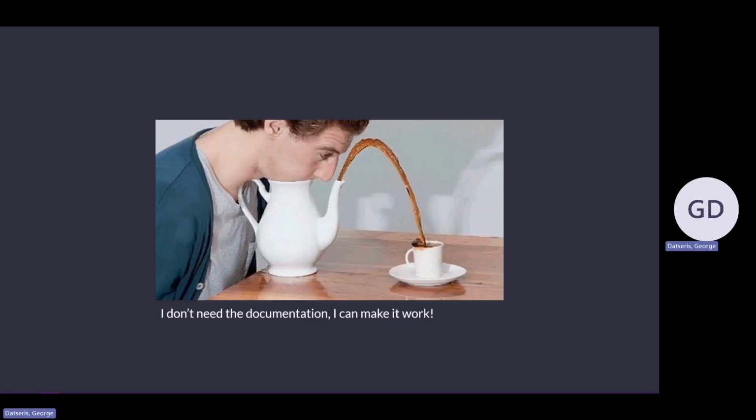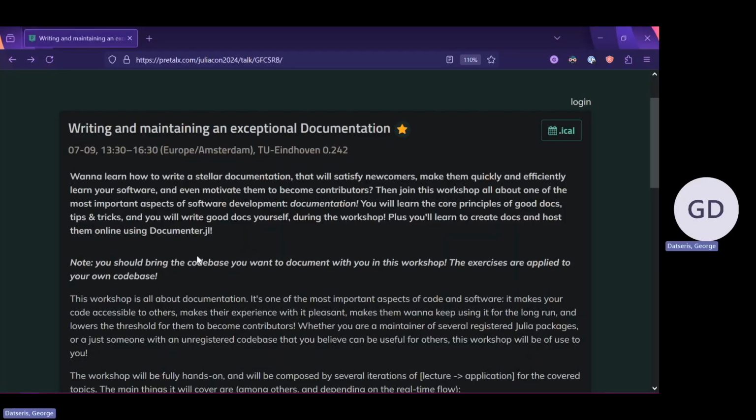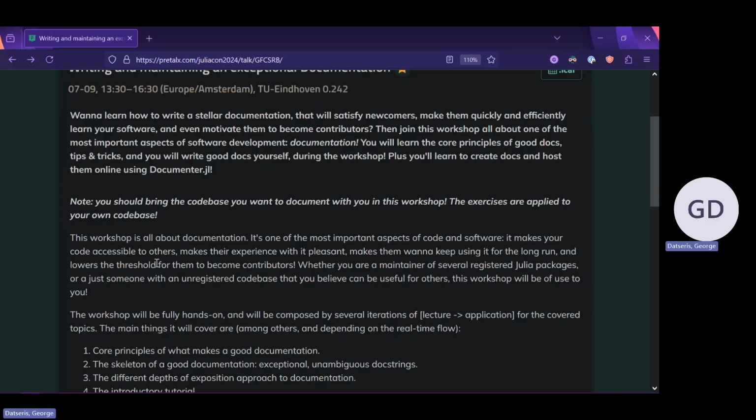So the point of this workshop, let me go to the actual opening slide, is really how you will make an exceptional documentation for your code. And by your code, I mean, if you have seen the description of the workshop, you're supposed to be bringing some sort of code base that you will be working on. Half of the workshop time is allocated on you documenting some actual piece of code that either you own or you use or you like. If you don't have such a piece of code, you can spend the first exercise session finding such a piece of code that you like.